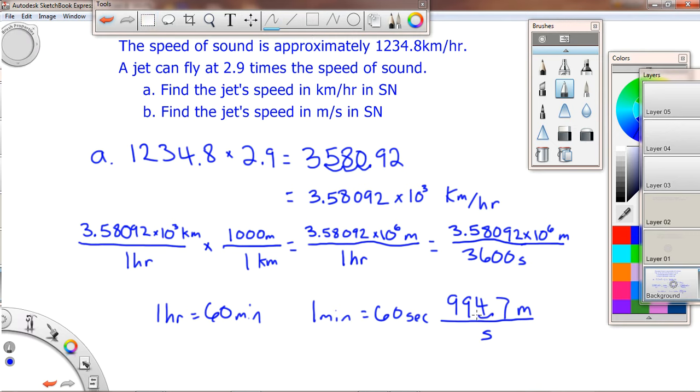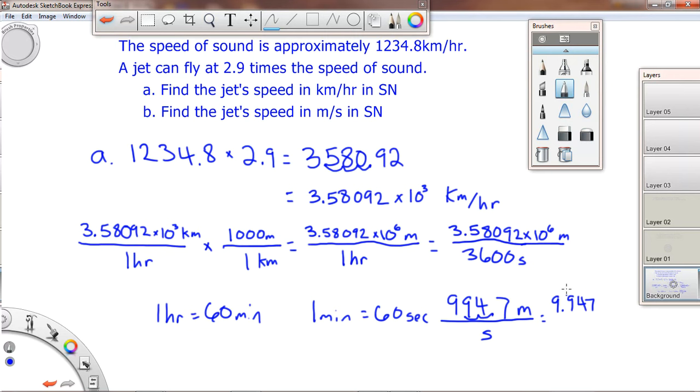Move our decimal point 2 times. So this is going to be 9.947 times 10 to the 2 meters per second. Now, your problem is going to have different numbers. The key thing to do here is